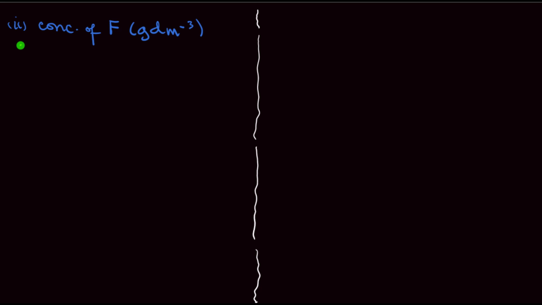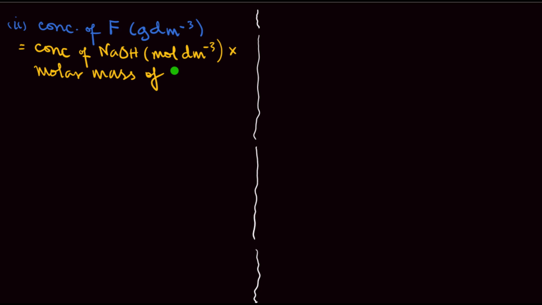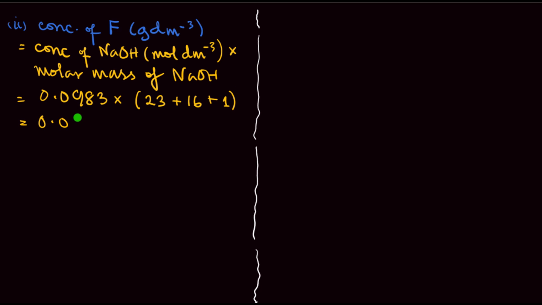So we are going to use concentration of F of sodium hydroxide in moles per dm cube times molar mass of sodium hydroxide. What's the calculated value of concentration of sodium hydroxide in moles per dm cube that we got? That's 0.0983 times, what's the molar mass of sodium hydroxide? That's 23 plus 16 plus 1. Always show how you get your molar mass. That's 0.0983 times, that will give us 40, if I'm not mistaken. So this gives us